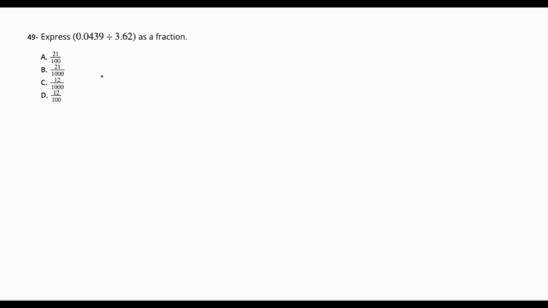Question 49 says express 0.0439 divided by 3.62 as a fraction. Now, if you evaluate this with your calculator, you would find that your answer is 0.01213. Now, obviously, if you look at our answers, you're only interested in our answer to two significant places. So we might as well say that this is approximately